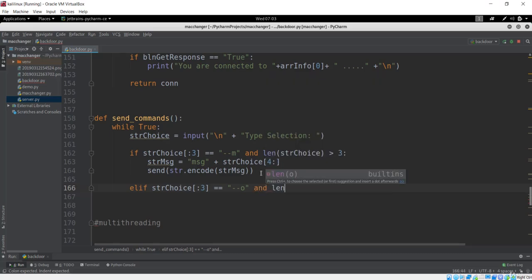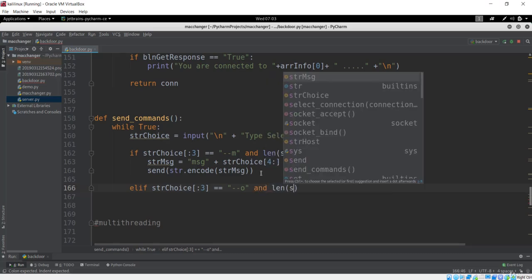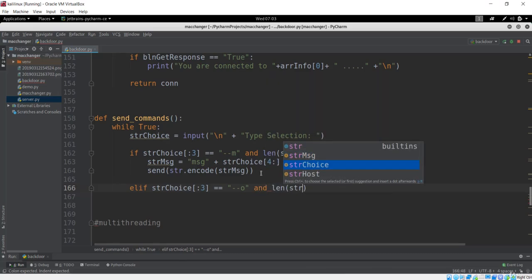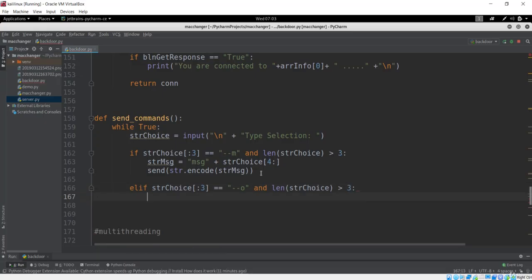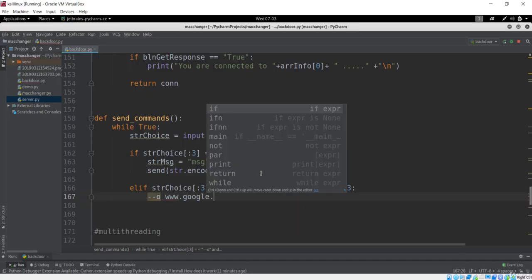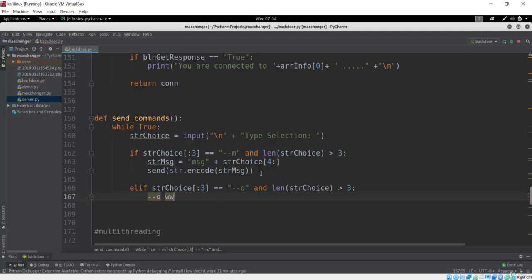As before, we'll check whether the length of this string choice is greater than 3, because we have to also give the website name after this command. So I have to get a command like this: --o, and after that some website, maybe google.com. This will be our complete command.